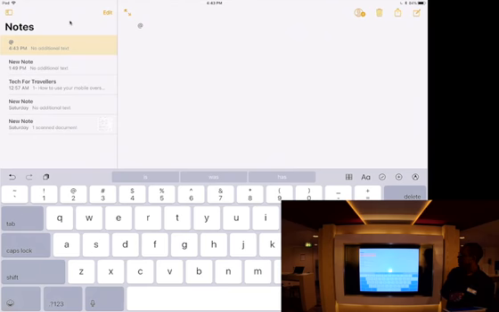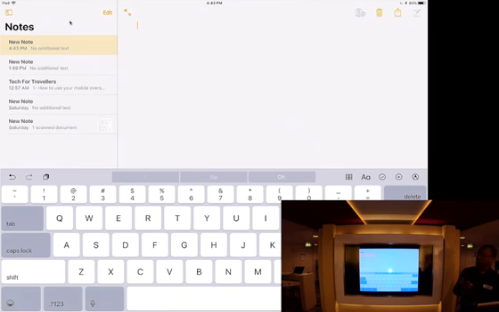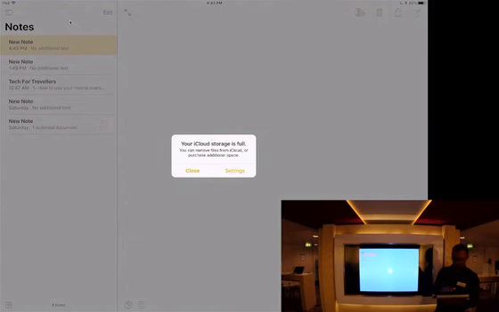I don't know why my screen is not showing up. Okay, it takes more time than my iPad. Yeah, so you just slip your finger on the letters. There are two different ways you can do that. When you slip your finger on the letters, you will access